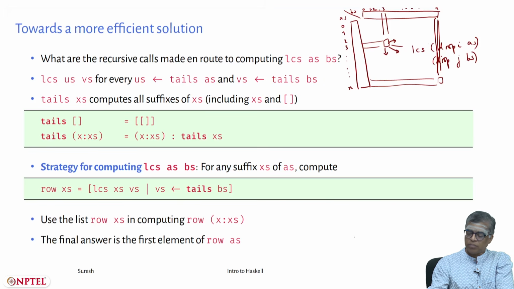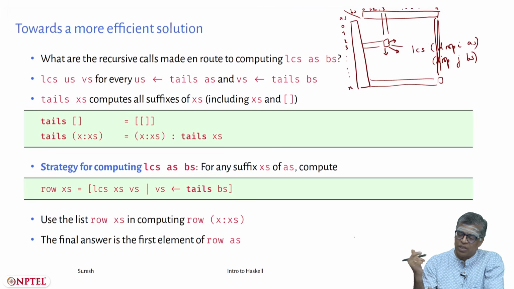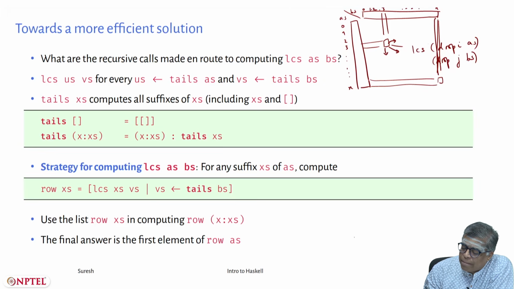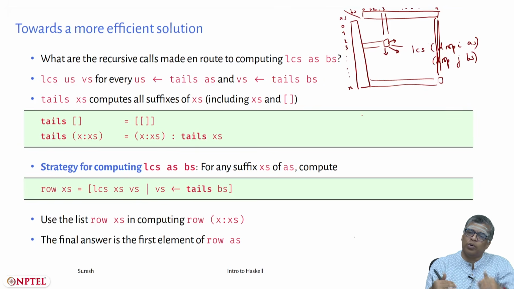In other programming languages, you would use arrays to do this. You can use arrays also in Haskell, which we will see in the next lecture. But without even going to arrays, just using the basic Haskell that we learnt and lists, you can actually achieve this. The point is that if I have the whole row below, I can compute the row above. That is the point.